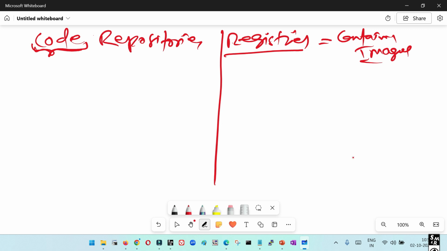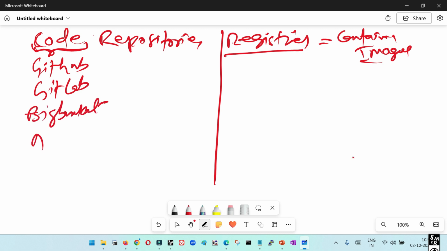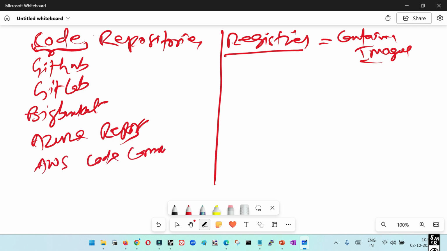Correct? So a few of the registries or repositories that we use today are GitHub, and then we have GitLab, and then we have Bitbucket. Along with that, we have multiple cloud repositories, like Azure Repos. In AWS, we have CodeCommit. These are multiple examples of the leading code repositories that we use for centralized check-in and check-out of the